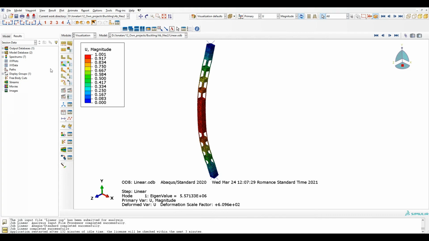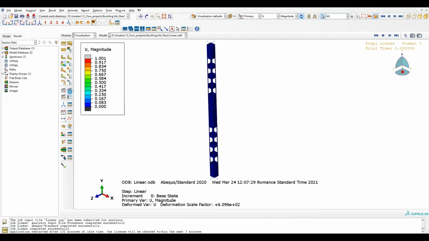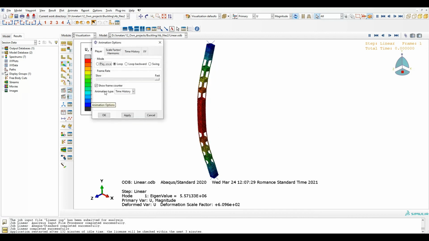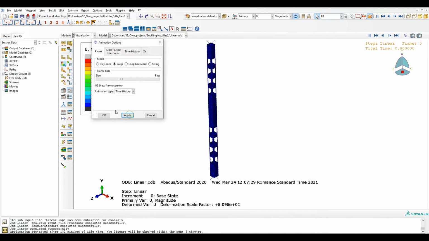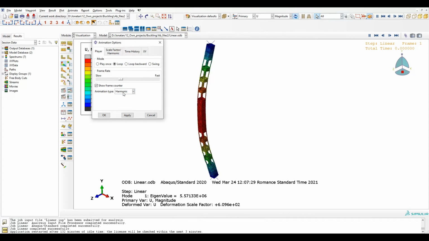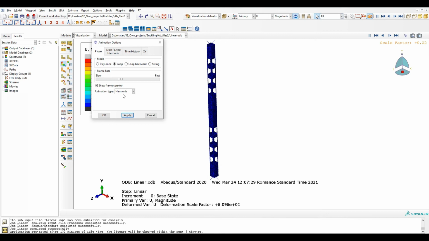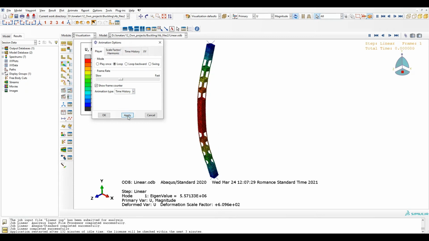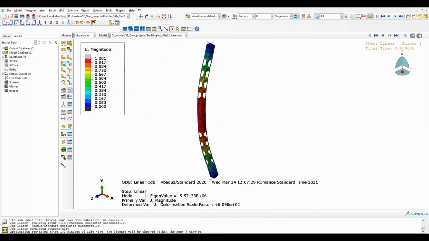So let's animate the mode just in case we can. I think with the scale factor, I don't know, that's fine. Okay, looks fine to me.